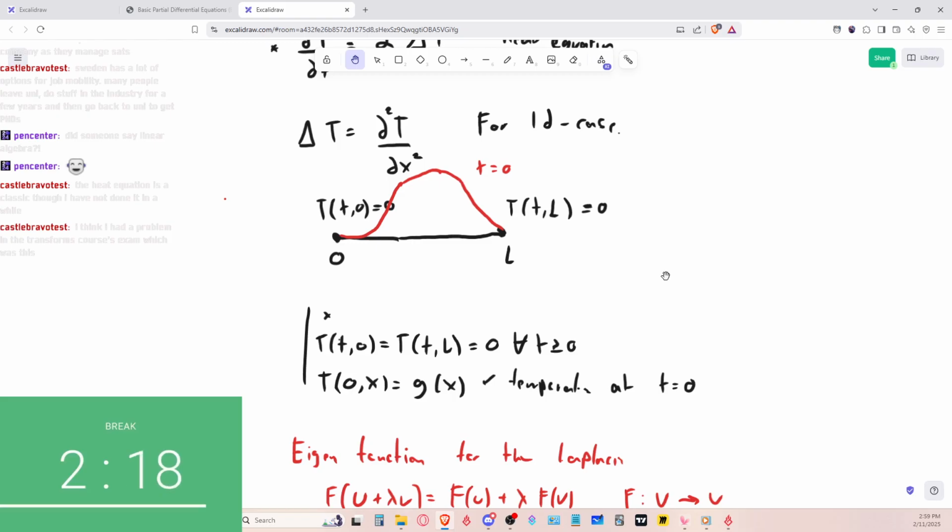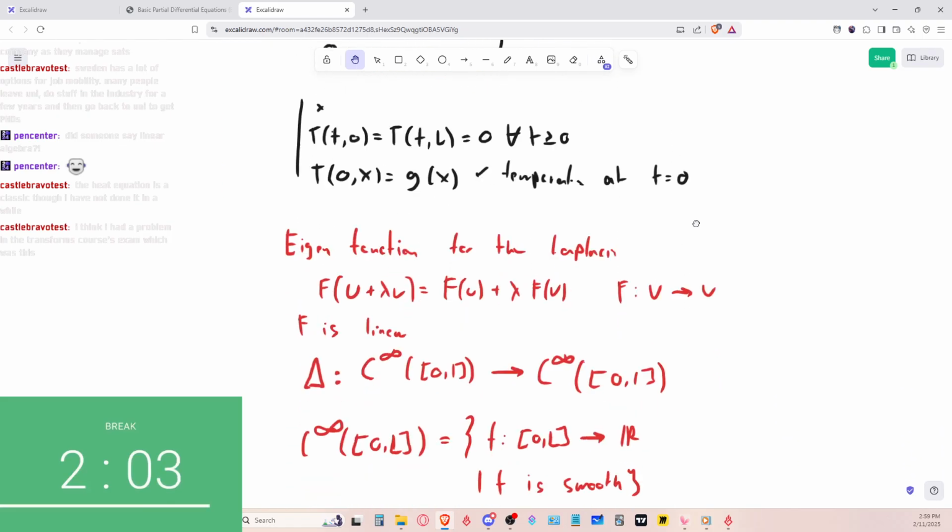The heat equation is a classic, though I have not done it in a while. I think I had a problem in the transform course exam, which was this. Oh, okay. Yeah, because